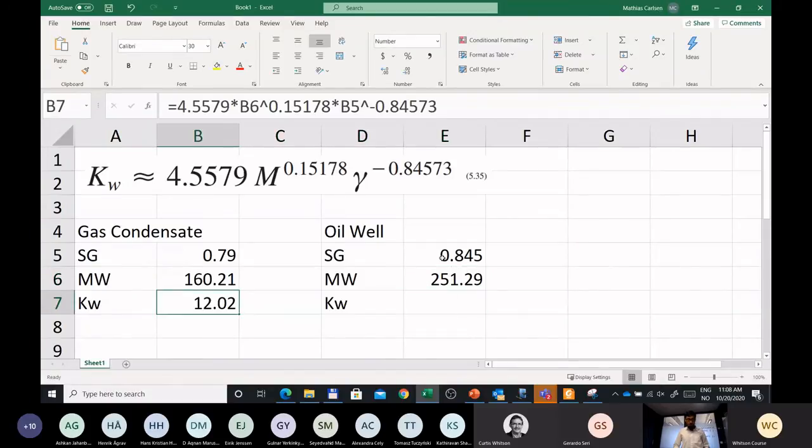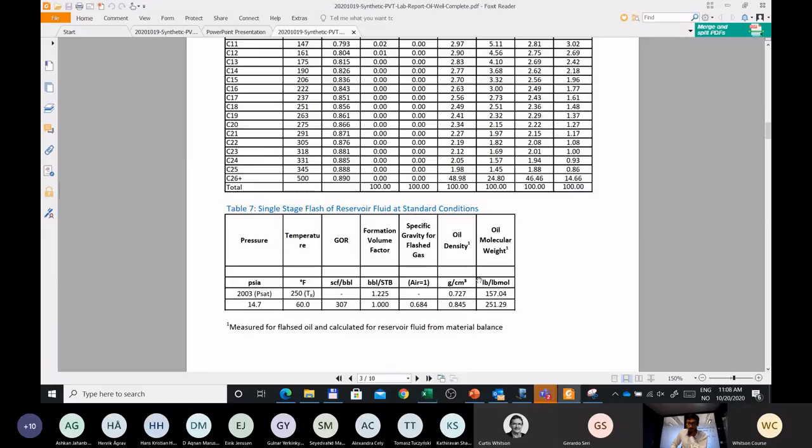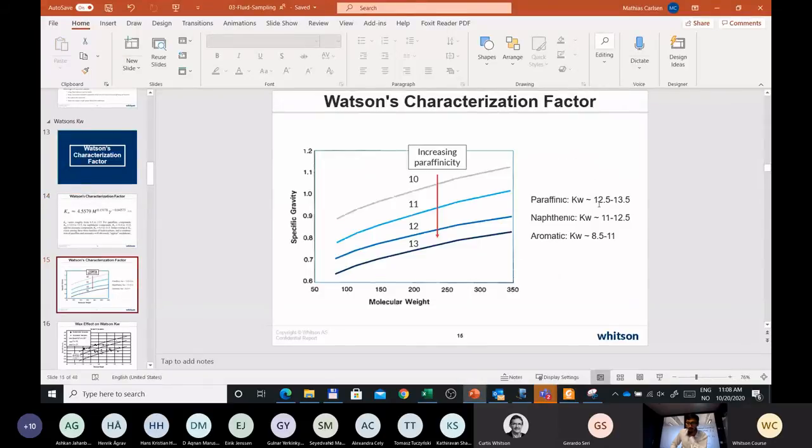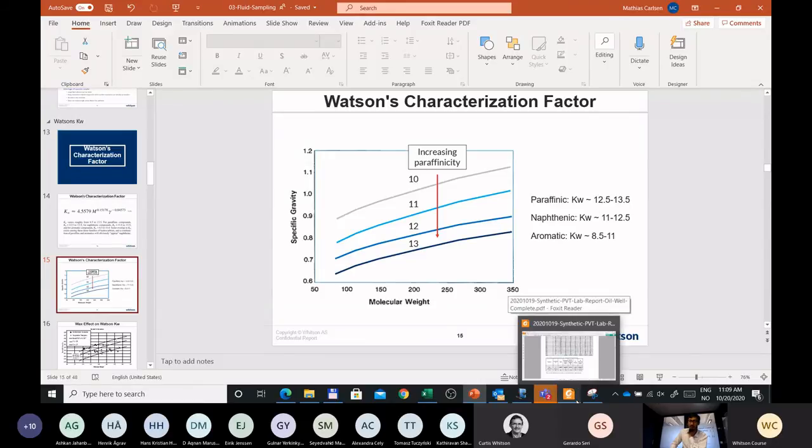And then we just use the same equation. Thanks to Excel. Yeah. So you see that the Watson characterization factor, if you look at the PowerPoint here, is in the naphthenic range and close to the paraffinic range. And yeah, just as a comment,